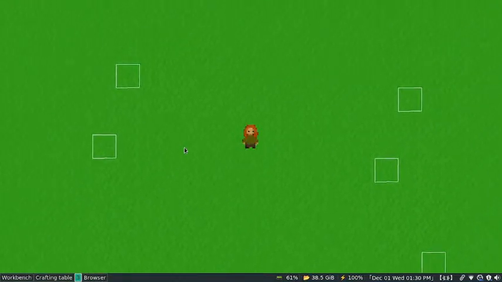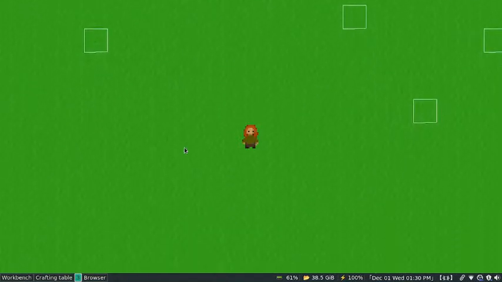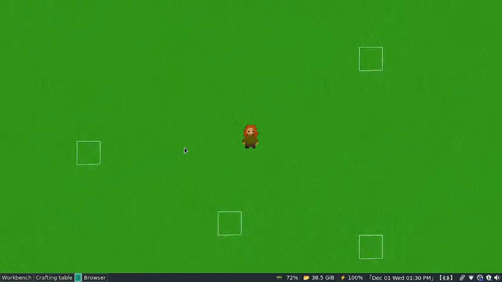Yeah, that looks a little better. She's a bit fat though. Yeah, so